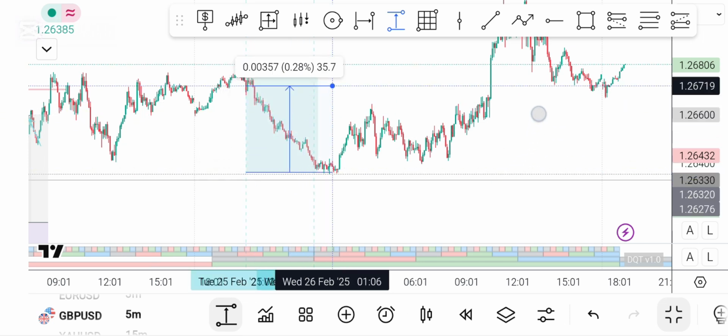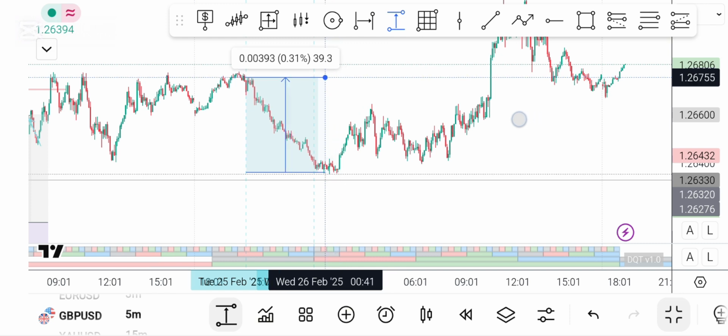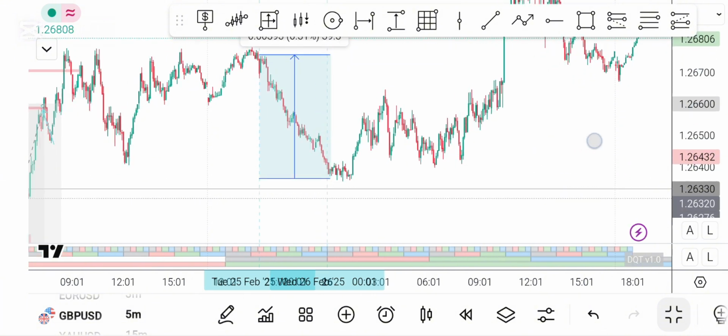Now let us see how many pips were formed on Wednesday during the Asian range. 39 pips. Okay, but it should not be above 50. But usually when it is more than 30 to 40, it becomes very difficult to have standard deviations. So Wednesday actually will have been a very difficult day to trade using this strategy, to be honest with you. But let us say you had to use